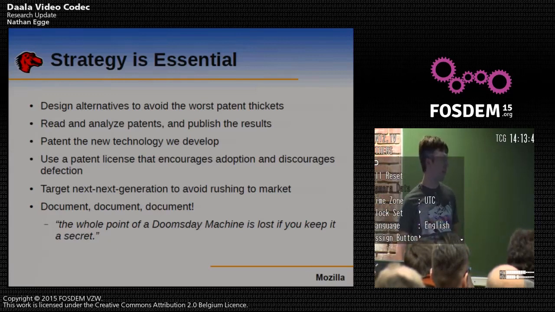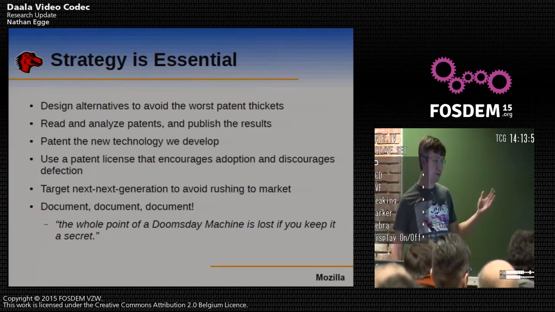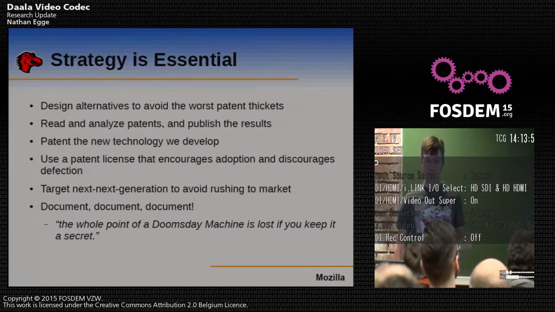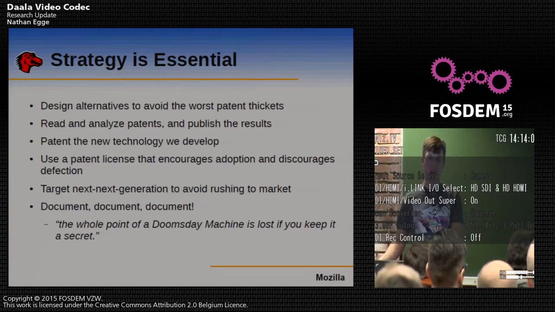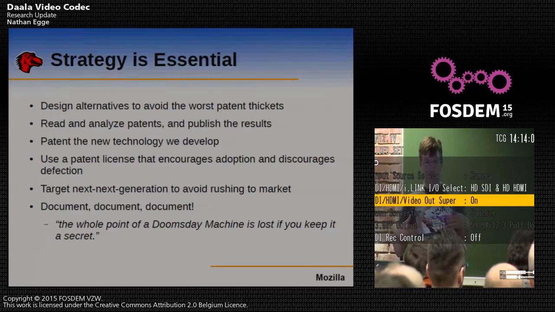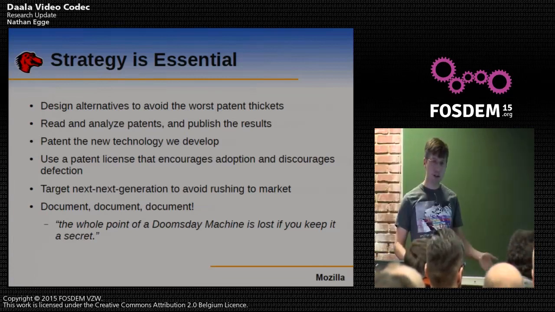So the fourth bullet point here, which is what we did with Opus, is we partnered with other people in the industry and granted a license on reciprocal terms, which meant that you could use our patents for deployment of Opus, so long as you did not sue anybody else who was deploying Opus over those patents. And if you did go after someone else who was deploying Opus, you would lose that defense.